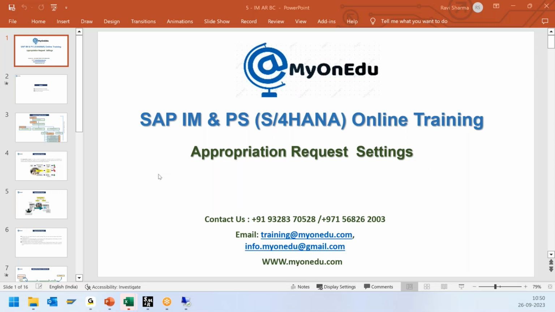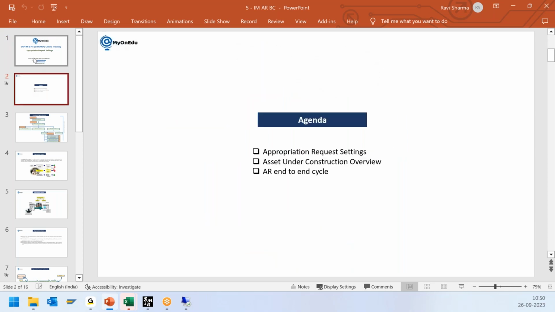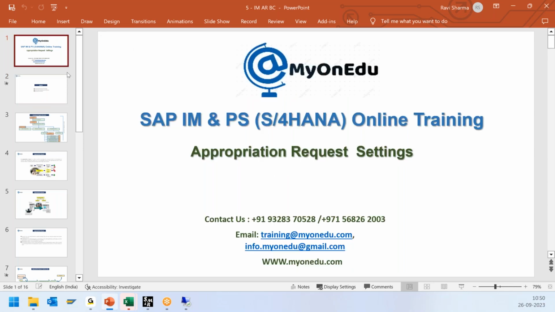Okay, good morning, everyone. So what we have discussed so far, we have seen what is AR, how to create an AR, what is the AR type configuration, how to create an AR type configuration, how we can do the cost planning and revenue planning in the AR, and we have seen some other basic configuration as well. For example, how to change the user fields and how to add help values in some of the fields